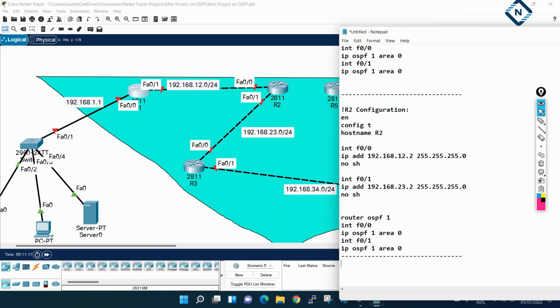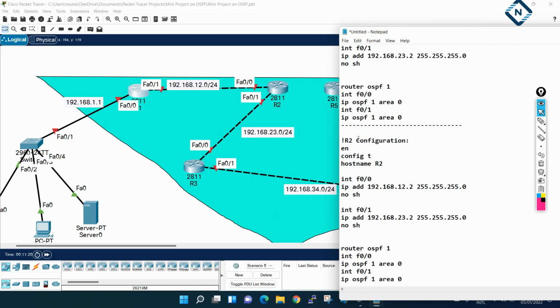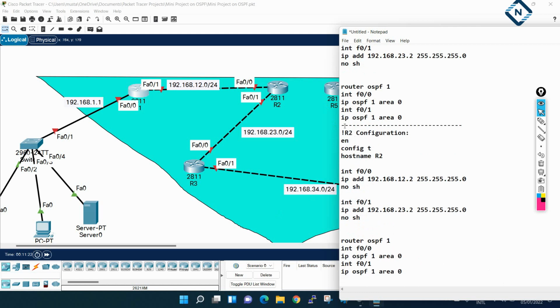So this is router R3. I will write here 3. I am standing here; imagine you are standing here, at R3. You have FastEthernet 0/0 and the IP will be 23, 192.168.23.3. So this should be 23.3. And this interface, FastEthernet 0/1, this one.